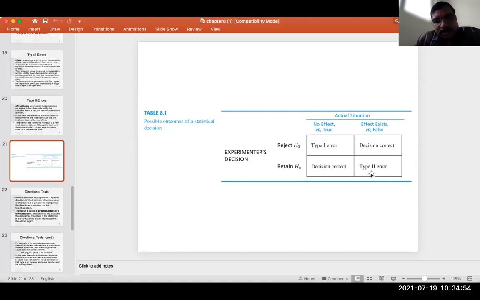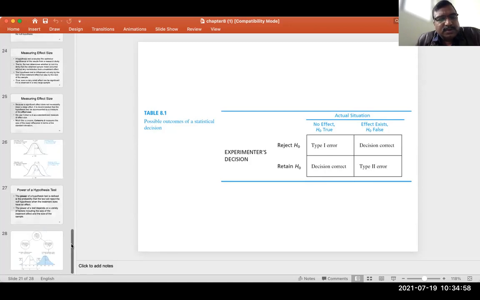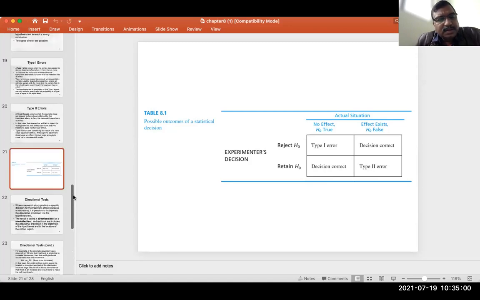At this point, we are going to end this topic. There is something more. You can go through your book. Already I have shared a book by C.R. Kothari, Research Methodology, if you remember. So here we are going to end this topic of hypothesis testing. If you have any questions, we are open for discussion.